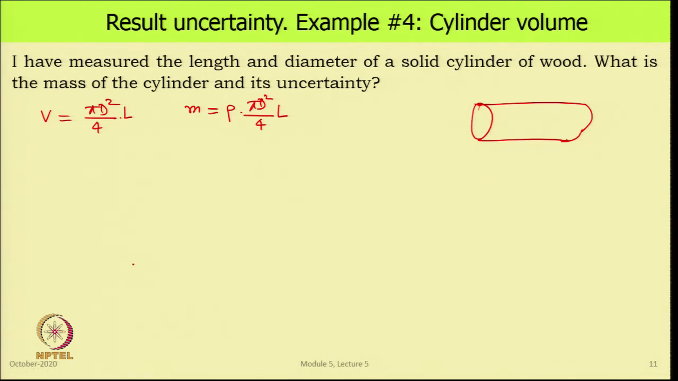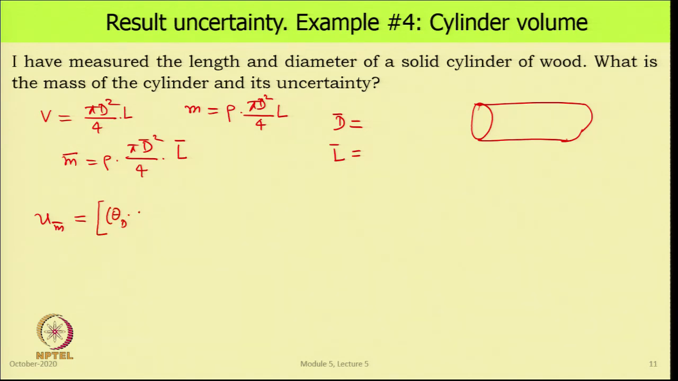And let us see what we have. What information do we require to calculate the mass of the cylinder and its uncertainty? M bar will be rho times pi d bar square upon 4 multiplied by L bar. So, we need to have the nominal values of the diameter and the length, which came from the individual measurements. And we said that to calculate uncertainty in mass, we assume that uncertainty in density is negligible compared to the others. Then this will become